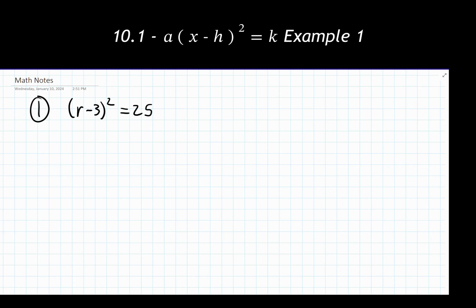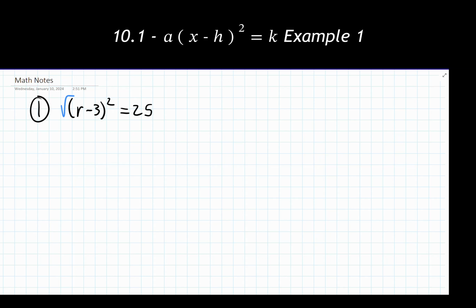So first and foremost, I want to isolate the quadratic term to one side of this equation. Basically, I want to get this set of parentheses and the squared all by itself on that left side. I have no coefficients in front here other than an invisible 1. I have nothing adding or subtracting at the very end either, so I have this quadratic term isolated to the left side of this equation, exactly what I wanted. I have no coefficients in front of it, so I don't need to do anything with step 2, and now I can go right to step 3 and apply the square root property.